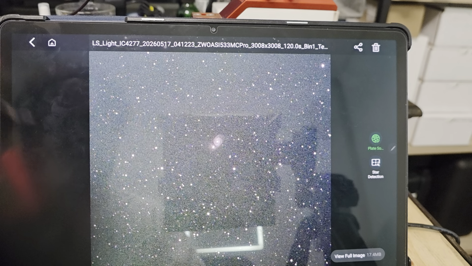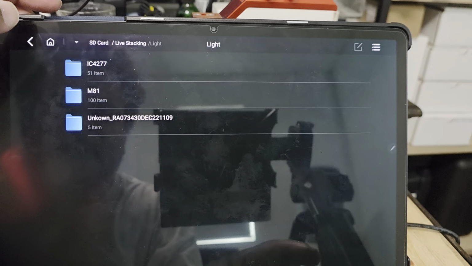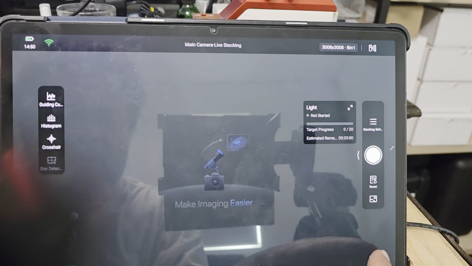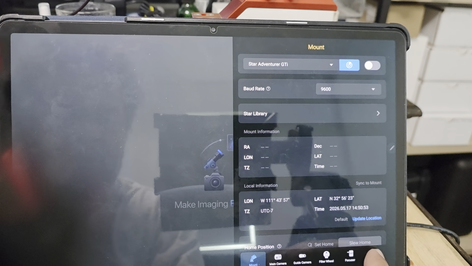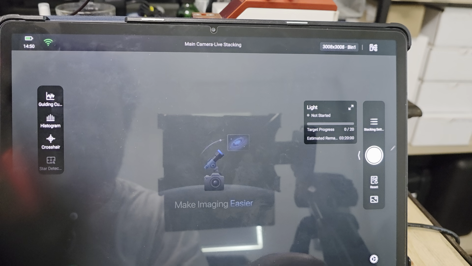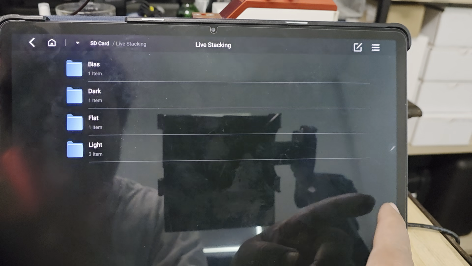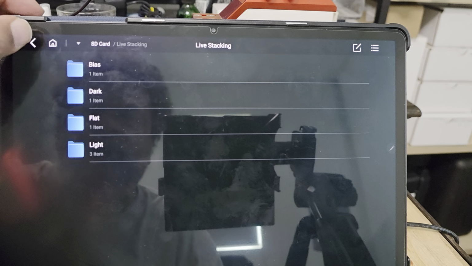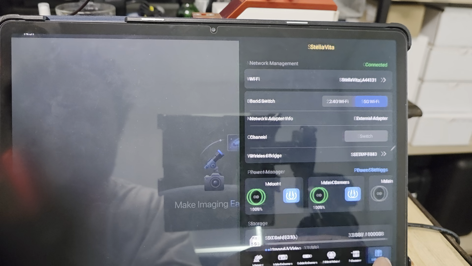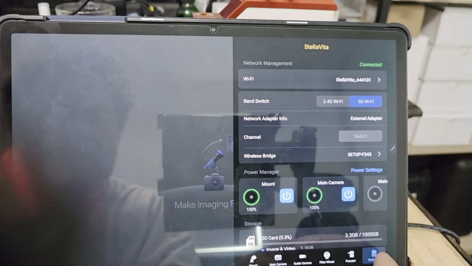When I go to the menu, the app crashed on me. When I tried to go to the file folder, when I go to StellaVita, it would crash. Then I'd have to restart. Or if I try to go to my folders, it would crash. I don't know why. I make sure that I performed all the necessary updates,